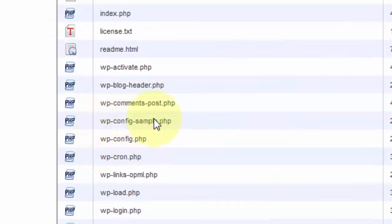Now we're not talking about the one that has -sample in it. That's basically just trash right now. We could just delete that and not have to worry about it, but we'll leave it alone for now. The one we're going to be moving is right here,